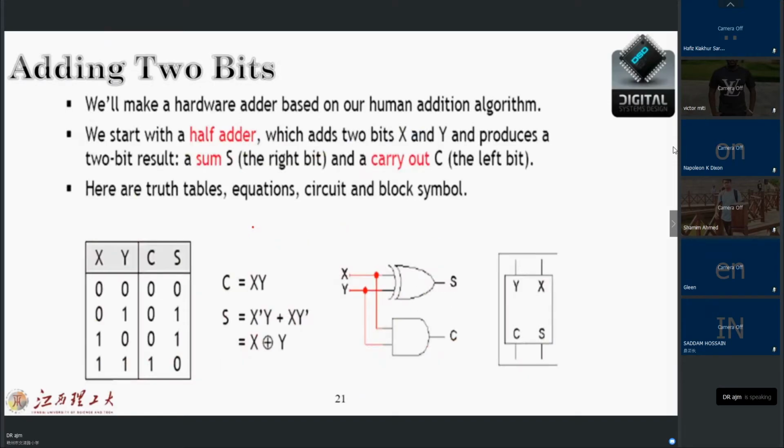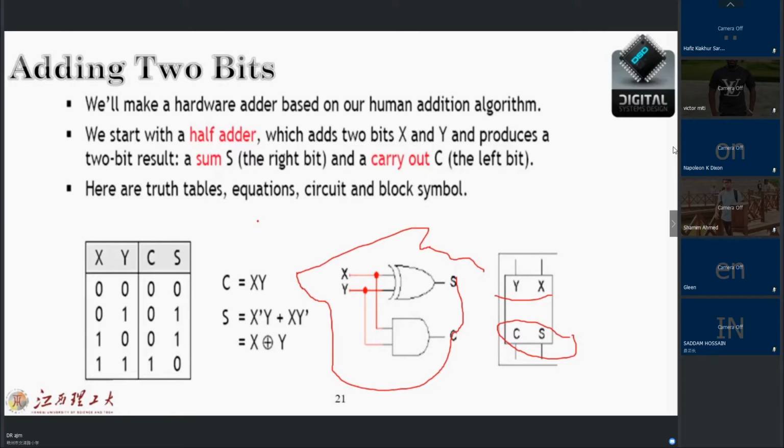Now, the same job we will do with the half adder, and we will see here. The output is exactly what I have done by hand, and the design is whatever I have done for you. This is the inside of the box that at the initial stage of today's lecture I told you about, or sometimes people will use it like this. These are the inputs X and Y, and these are the outputs, the carry and summation. Okay,